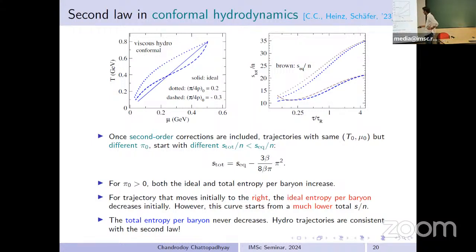But once we include second order corrections in the definition of entropy, we see that its starting value is much lower, so that it rises and keeps on rising. So the total entropy, once non-equilibrium corrections are taken into account, never decreases. So at least it shows that hydro trajectories are consistent with the second law. We were just not interpreting it in the right way to start with. So